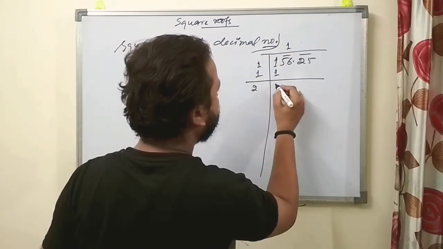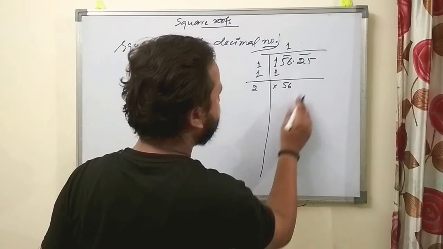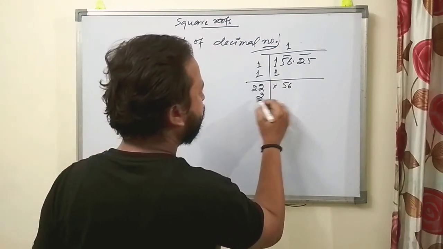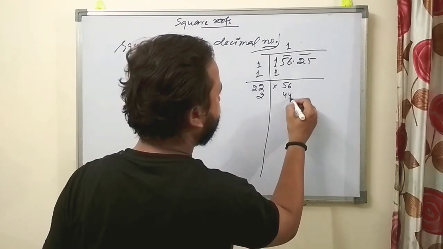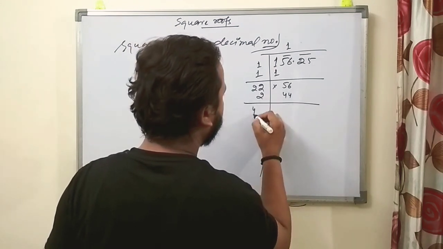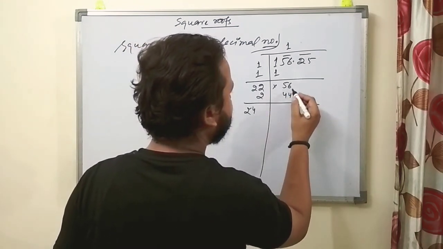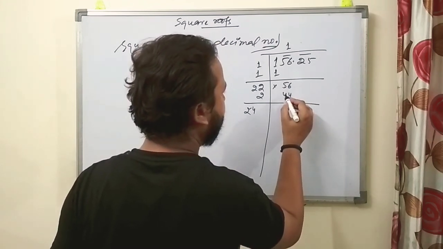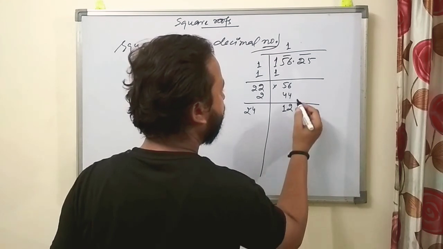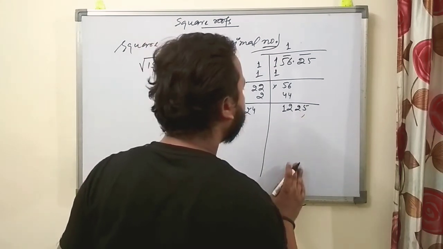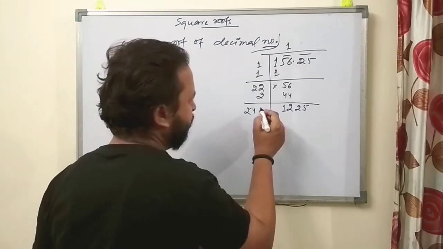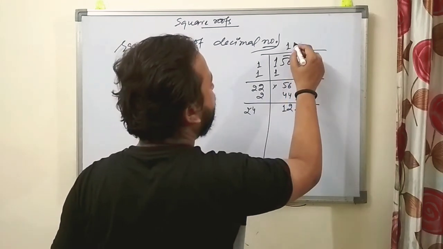1 plus 1 is 2. 56 comes down. So if we take 2 here, 2 twos are 4, 22 twos are 44. We have 4 2. 6 minus 4, that is 2, and 5 minus 4, that is 1. So 25 comes down, right? So now 5, obviously we take